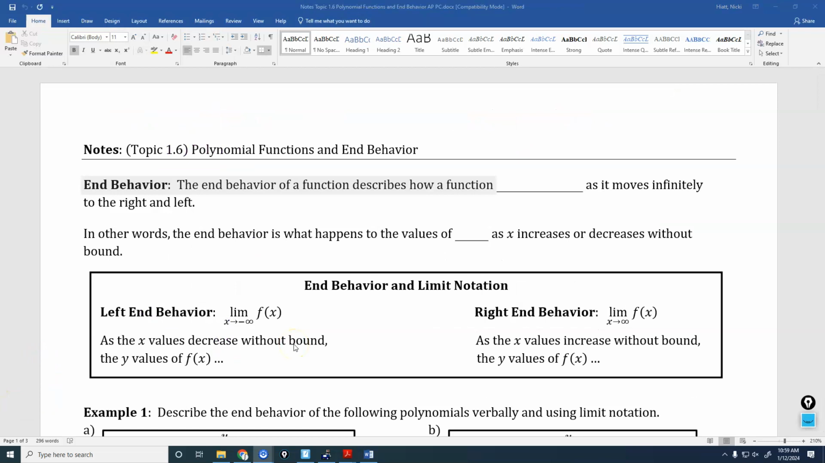All right. So, for end behavior: the end behavior of a function describes how a function